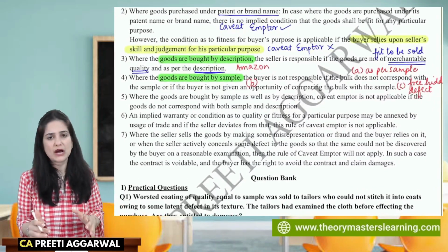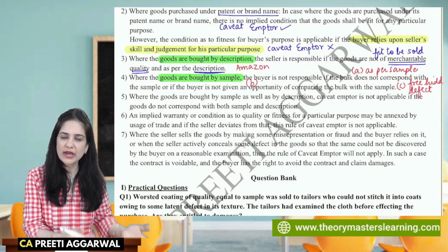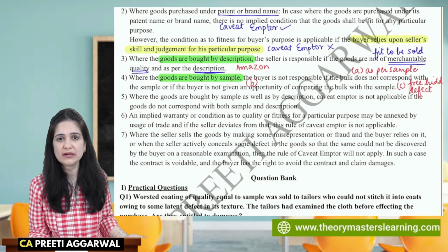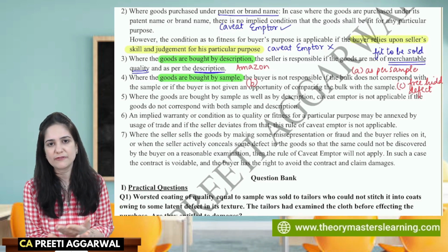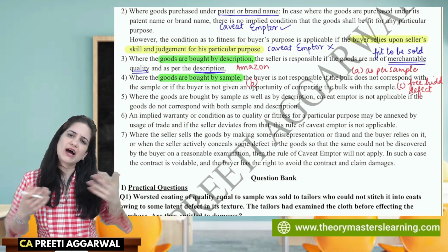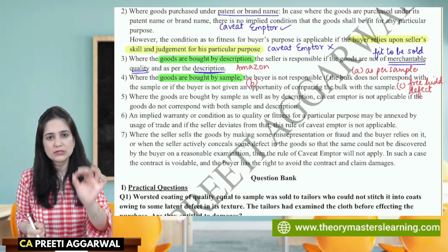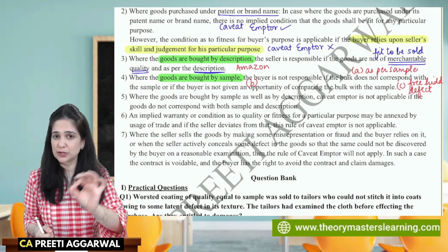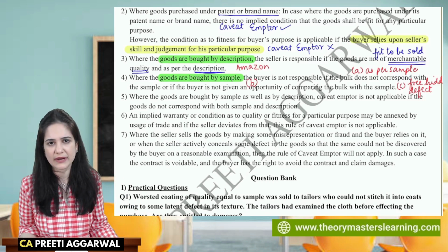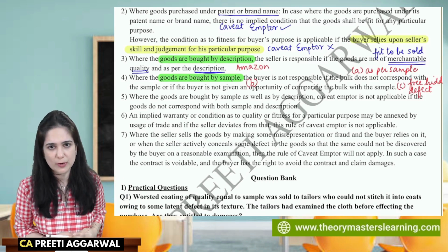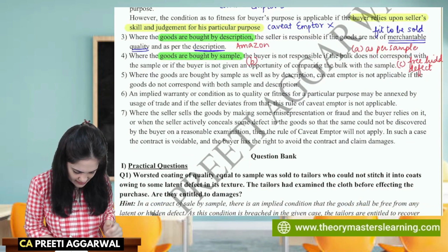But what if I was not given an opportunity of checking? All right, I checked, but the defect was hidden. Like when I saw the cloth, it was fine, but when I put it in the water for dyeing, it shrunk. How will I know about this hidden defect unless I use the goods? So the goods should be as per the sample. They should be free from defect. If they are not, you can't blame the buyer for that. Seller is responsible.